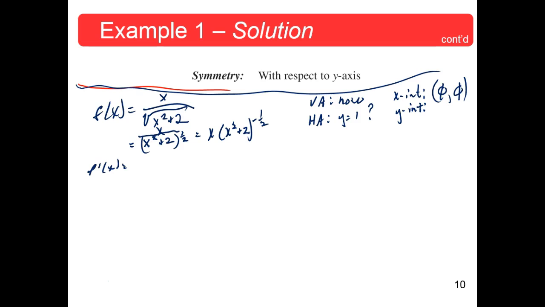If you're doing product rule, it'd be 1 times x squared plus 2 to the negative 1/2. Would it be plus? Then it would be plus, and then take the derivative of. Okay, so you want me to write a plus? Okay, plus x times 2x, that's fine, times